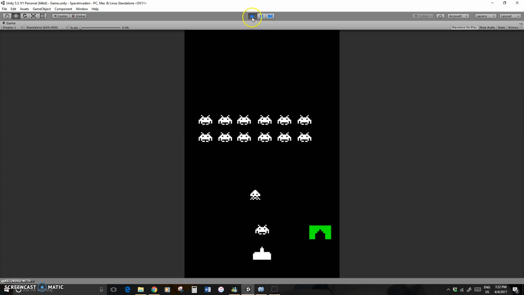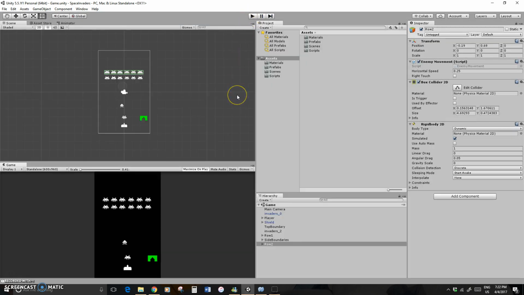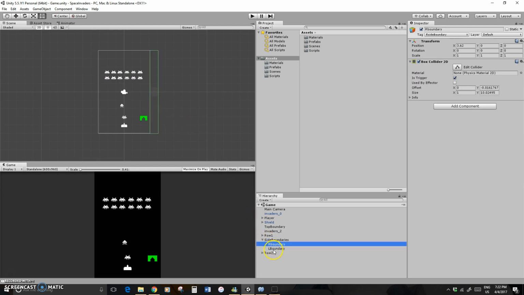All right, so let's talk about how I got this. Now, a couple things in here that I created. One is I created some side boundaries. So I created a right and a left boundary, and basically they're just colliders. Okay, box colliders here. I've set them to trigger because I'm going to use them as a trigger